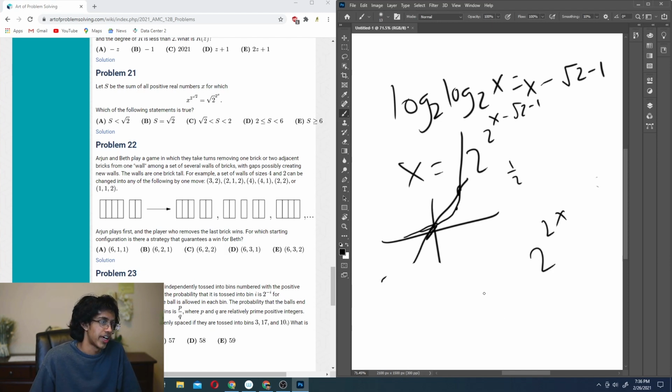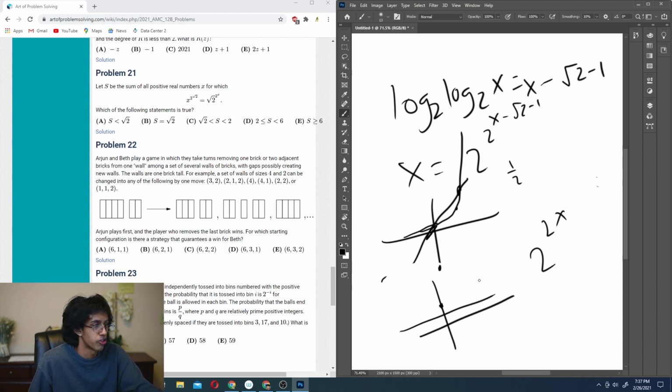So 2 to the 2 to the x. At x equals 0, this is 2 to the 1, so it's (0, 2). Then at x equal to 1, it's 4. At x equal to negative 1, it's getting smaller. So it basically approaches an asymptote of 1, because the exponent could get really close to 0, but not quite. So it's going like that. Okay, this basically shifts it over right a little bit.